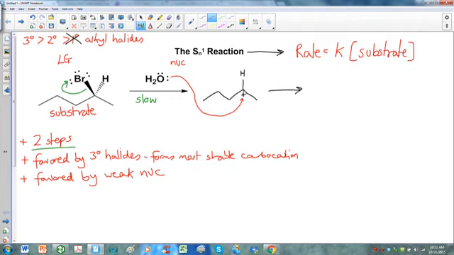So this is flat, meaning the water can add from one side or from the other. And because it's completely flat, there's no preference to adding in either direction, which means that it actually adds in both. Now that doesn't mean it adds in 2 places at the same time. What it means is we get 2 different products. We get one product in which the water adds from the front,